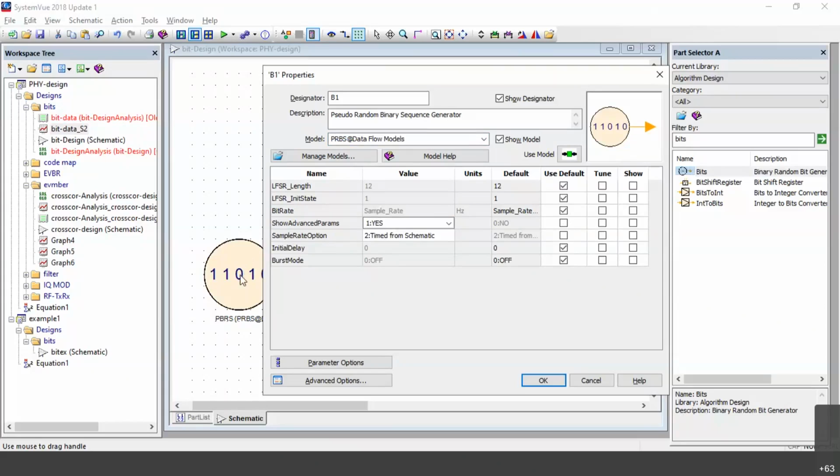If you are not able to understand all those things, then go for model help. It will give particular information about the particular module. I'm just clicking here. Go to model help. It will give each and every word of what exactly these bits consist of.